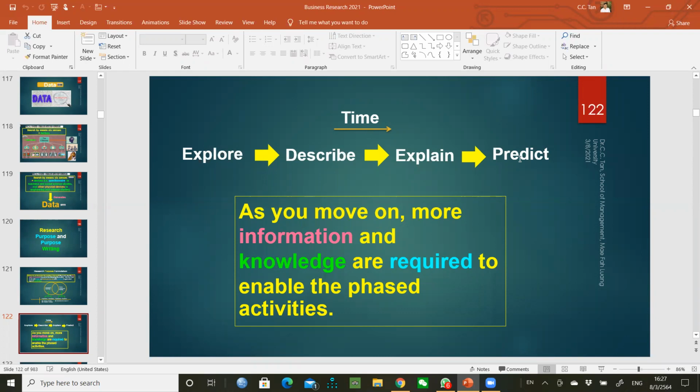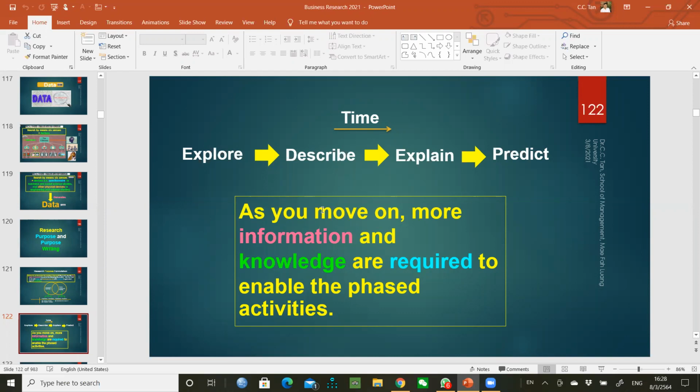What are the control variables, and is there any alternative way that will make your explanations not valid? And if so, then you are not able to predict with 100% certainty, and therefore there is uncertainty, which is due to your complexities or your ambiguity, not being able to understand the situation. So as you move from one end to the other, the information level and the knowledge level go up tremendously. And so it's not only statistical simplicity and complexity from exploration to prediction. It is all about theoretical